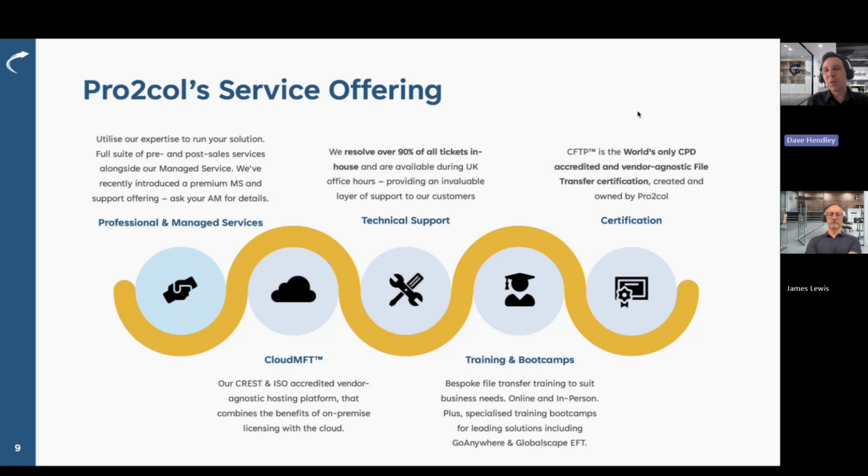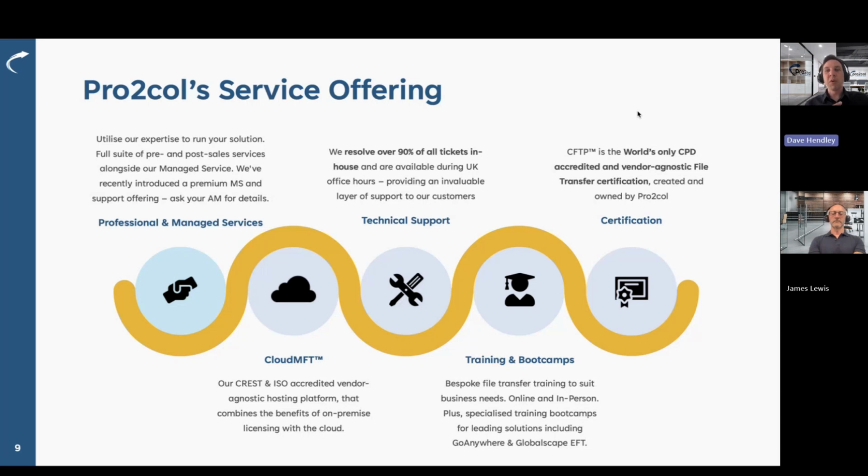Looking at support, which we've touched on a little bit, this is the Protocol service of support. We act as the first point of support for all of the products we sell. We have a highly experienced support team, backed by those consultants, to offer first and second line support to our clients within UK business hours. It's particularly important with our customers because many of the vendors we have are based in the US, so their UK teams may be smaller or in some cases non-existent. So we fill that gap and make sure that our UK clients are getting the level